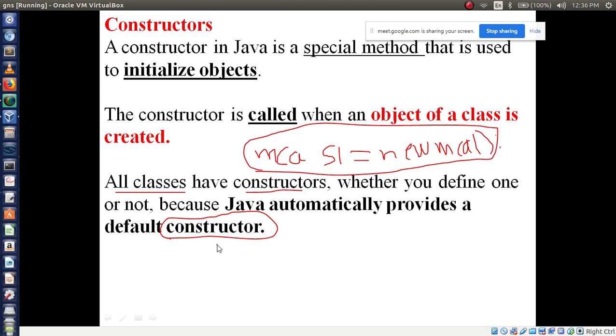In previous examples I haven't used a constructor, but I have created this object in every example. That is the meaning. Whether you define one or not, Java automatically provides a default constructor. It is a special case in Java. Have you understood this slide?